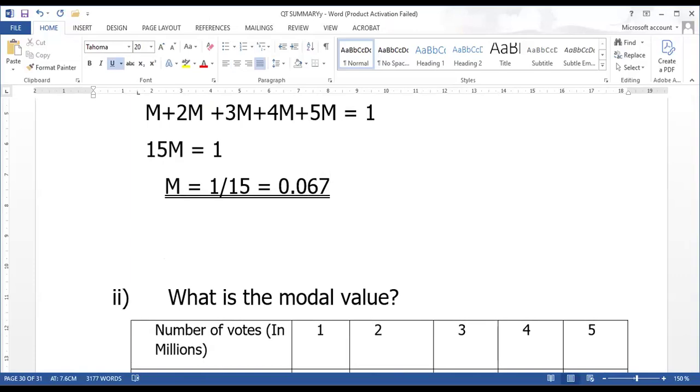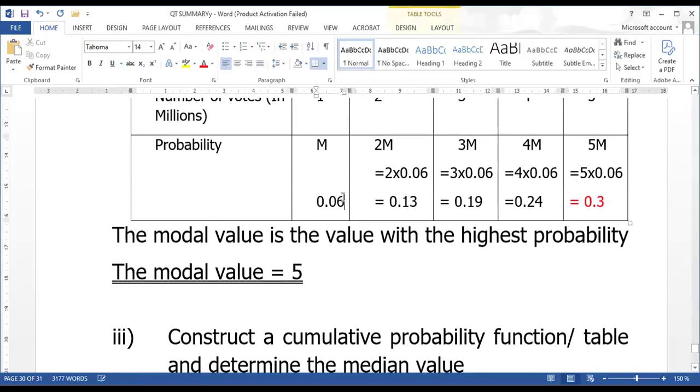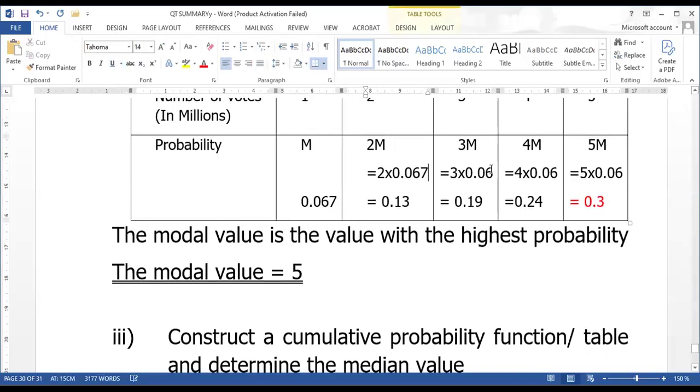All of you, you're right. But if you use 2 decimal points, stick to 2 decimal points. If you use 3 decimal points, stick to 3 decimal points. Okay? So here, let's stick to 3 decimal points, maybe